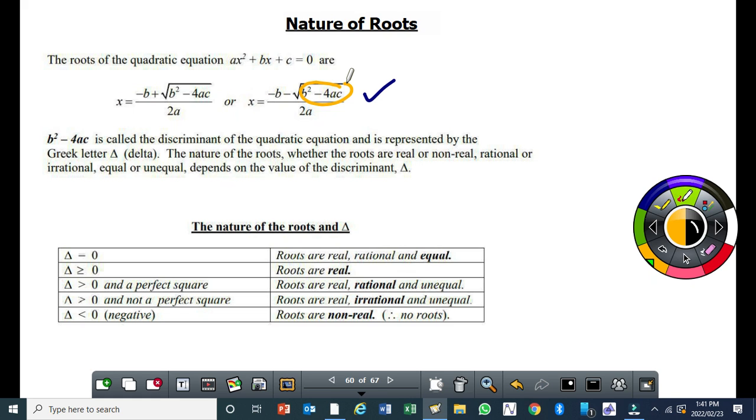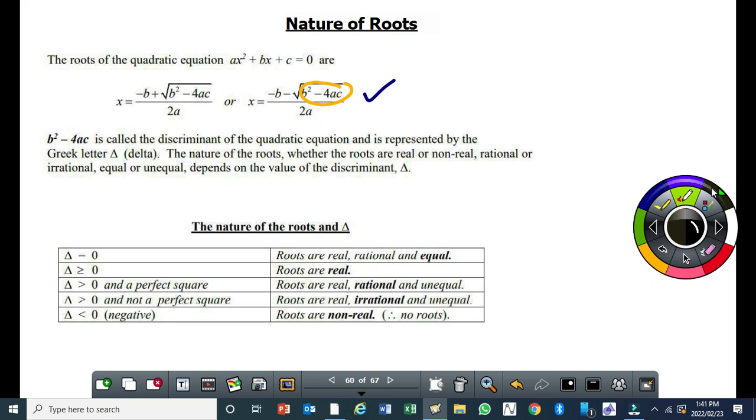So if you are asked to discuss the nature of roots and you say that the nature of roots is because of a perfect square, what is the perfect square? All you'll be saying is that the discriminant is a perfect square. But how does that help us to determine the nature of roots? So whenever you get a question on nature of roots, if delta is equal to 0,